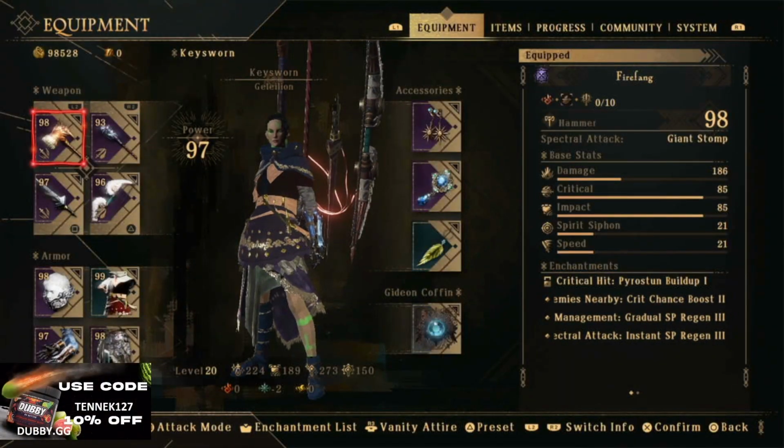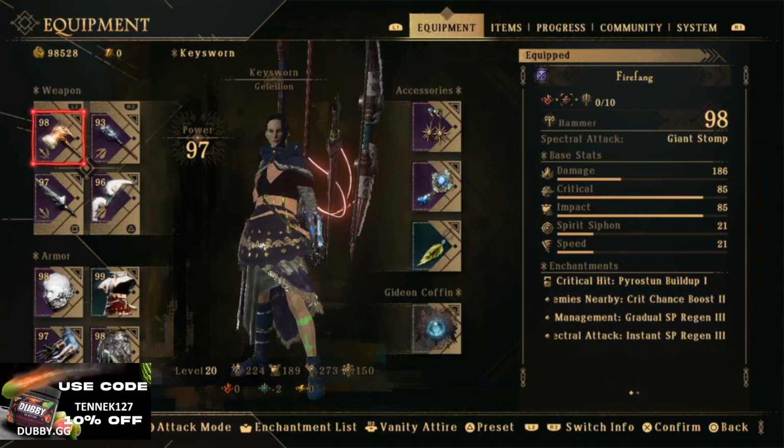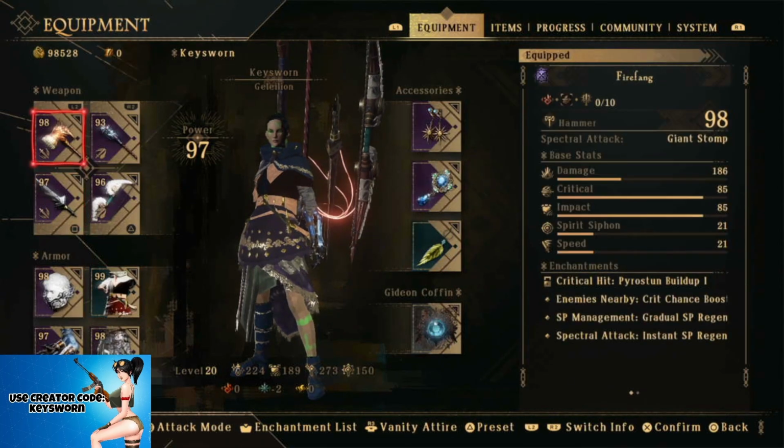This is around the time where you want to start thinking about a build. You want to be picky about your enchantments. You want to be crazy about your accessories. And this is where you want to start min-maxing everything, because a lot of the gear